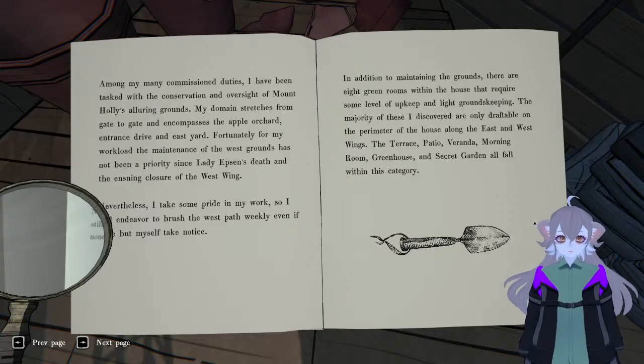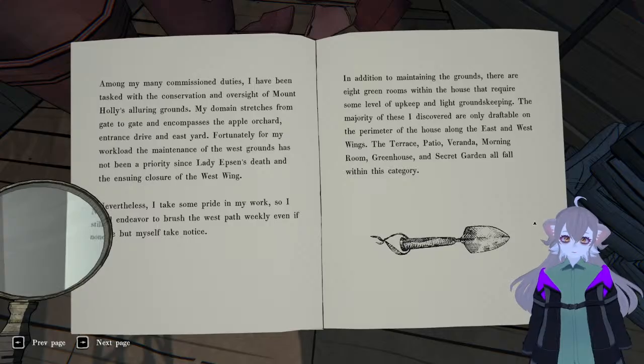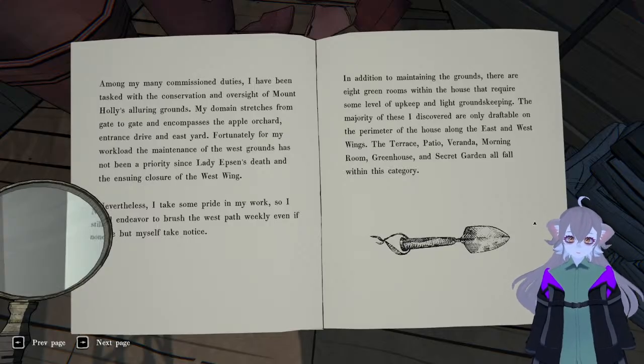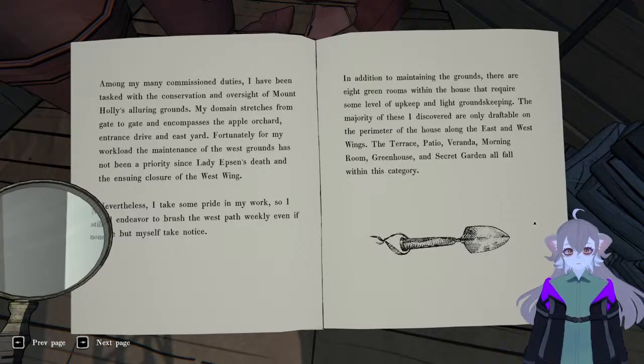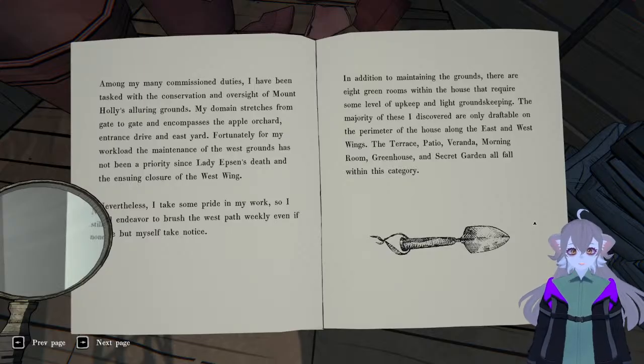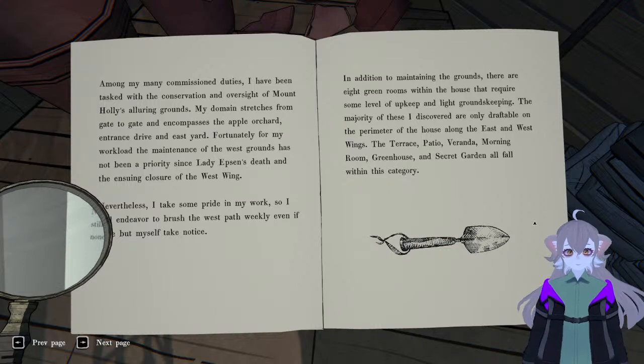Alright. Among my many conditioned duties, I have been tasked with the conservation and oversight of Mount Holly's alluring grounds. My domain stretches from gate to gate and encompasses the apple orchard, entrance drive, and east yard. Fortunately for my workload, the maintenance of these west grounds have not been a priority since Lady Epson's death and the ensuing closure of the West Wing. Nevertheless,